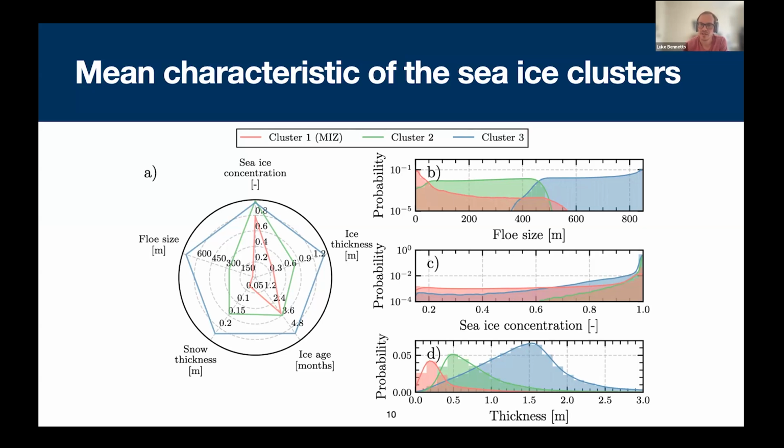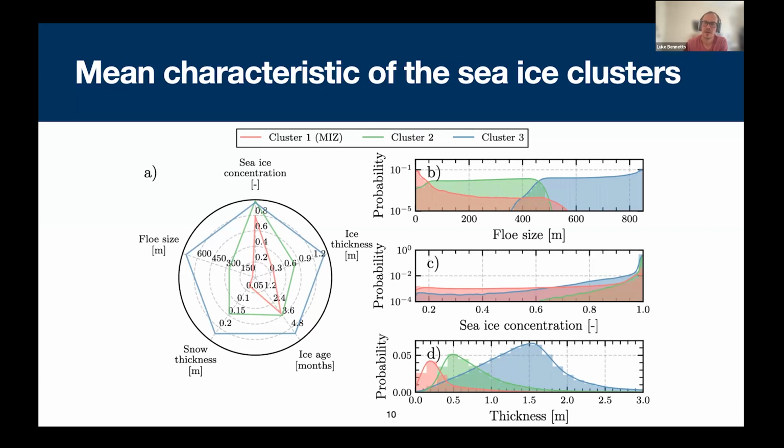On the top, we've got the flow sizes. In the middle, we've got the sea ice concentration. And on the bottom, we've got the ice thickness. So what comes out very clearly here is that in the marginal ice zone cluster, the flow sizes are smaller because they're peaking towards the smaller flow sizes here. And they're also thinner. You can see that the peak is distinctly lower in terms of thickness as opposed to